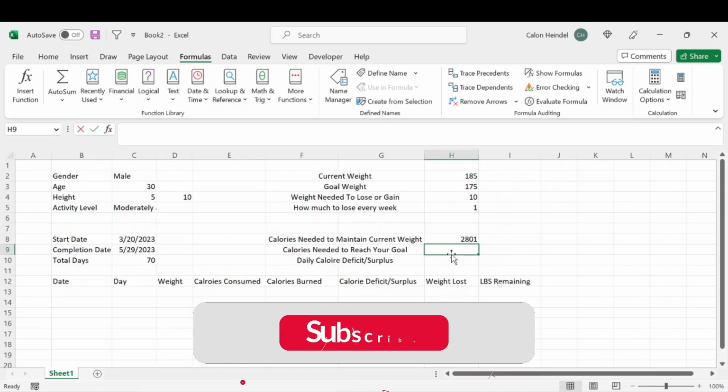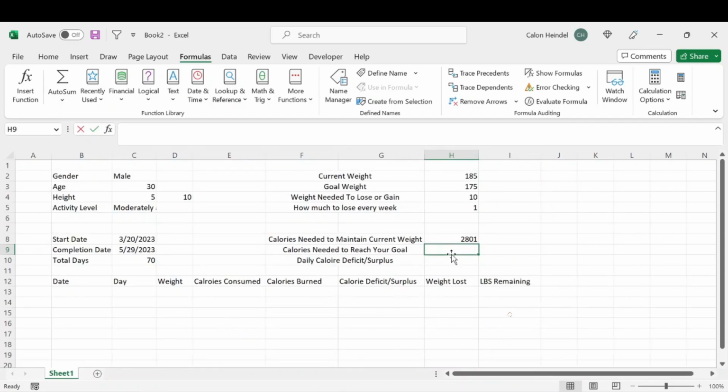All right, so if you haven't given up after that, give yourself a round of applause because that was a pretty long, complicated formula. The rest of the formulas, I promise you, are not as difficult, and the rest is going to breeze by. All right, so in order to calculate calories needed to reach your goal,